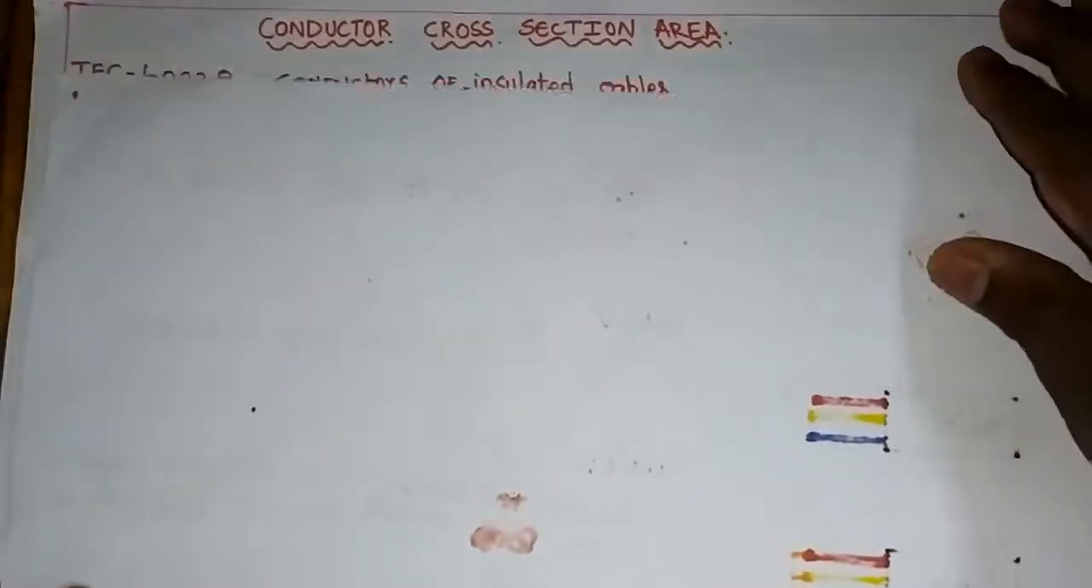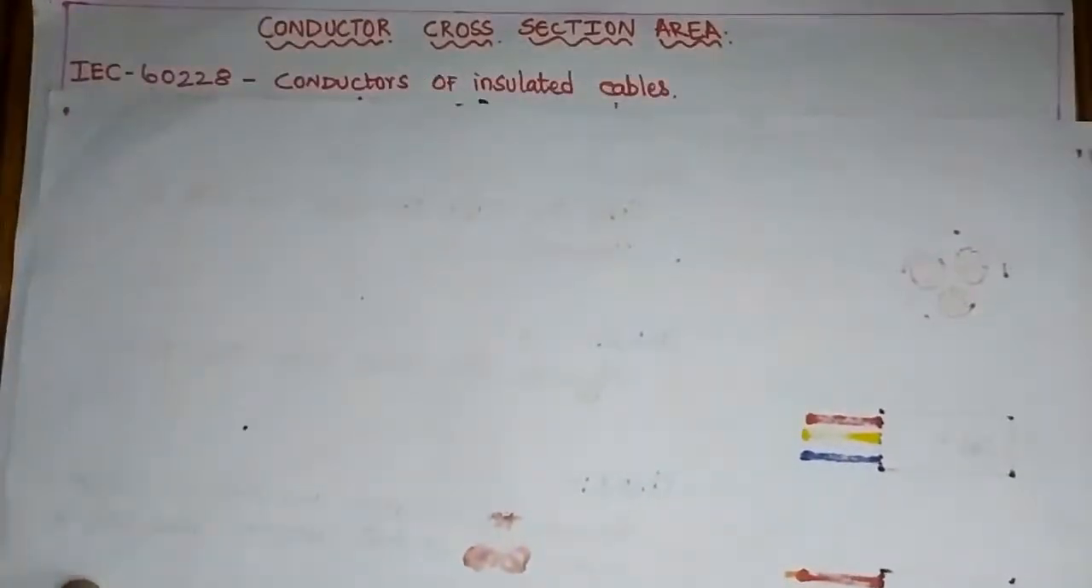First we will see what this 2.5 square mm means. Actually, it is the cross-sectional area of the conductor, and before knowing about this, it is important to see what sizes of cables are available and who defines these standards. The standards are defined by IEC, the International Electrotechnical Commission, and the standard number is IEC 60228,